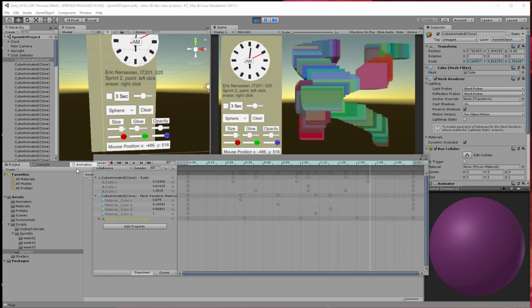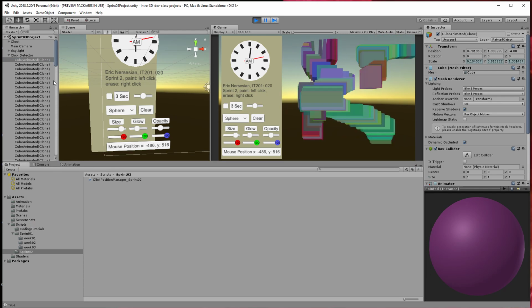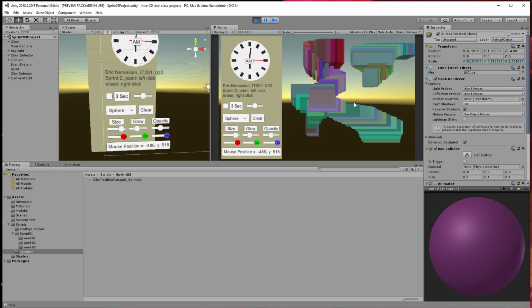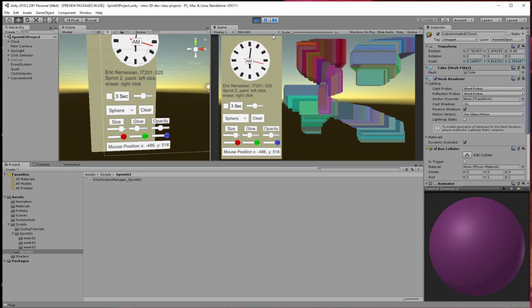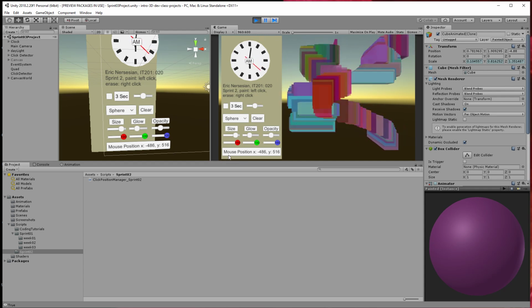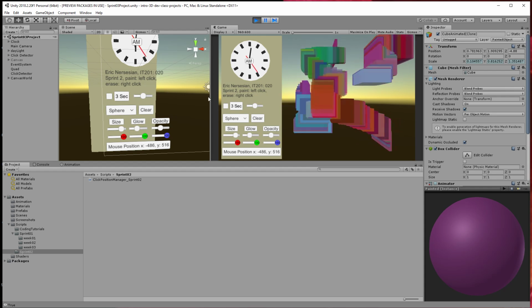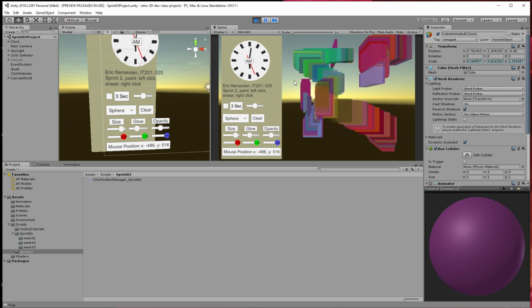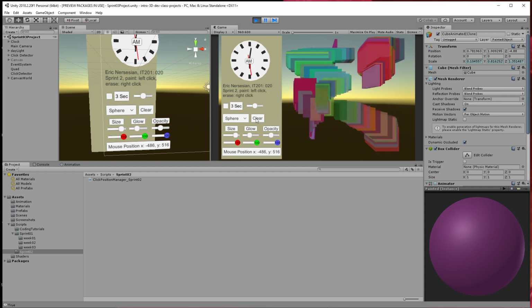So I'm going to dock this animation window down here. I'm also going to talk about some UI changes I did to make things a little easier to handle. Some UI updates for Sprint 3. And if I clear out this paint stroke,